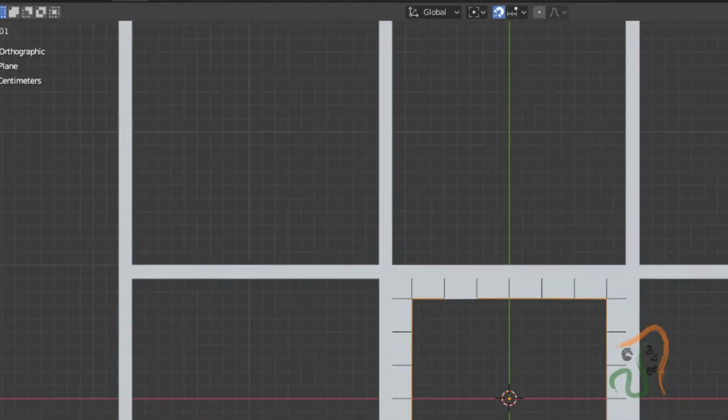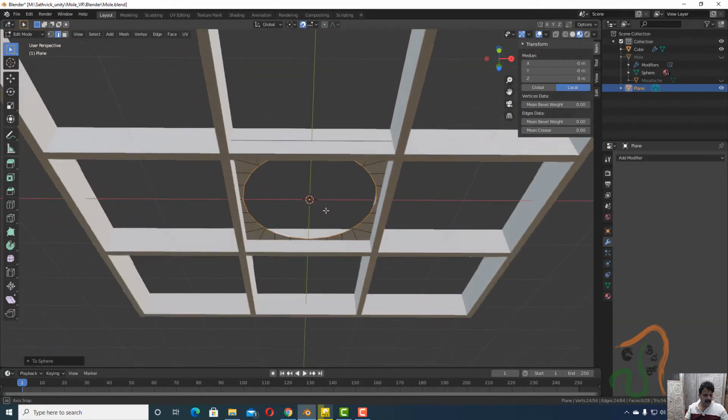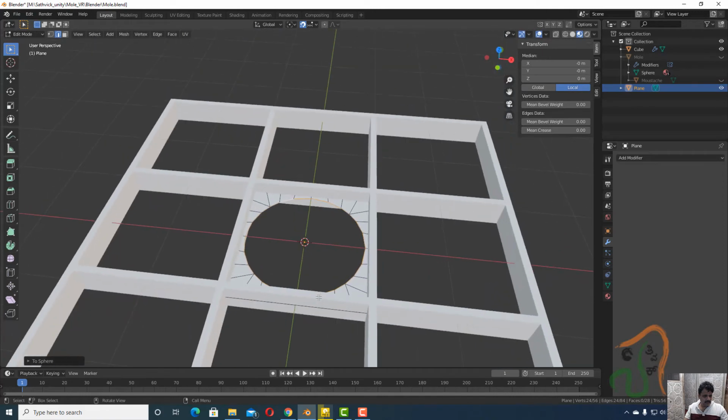Okay, choose this option, and if you drag the mouse, see it gets converted into a sphere. Drag it, make it a sphere, and release your mouse. So we have converted it and added a small circular cover to it.